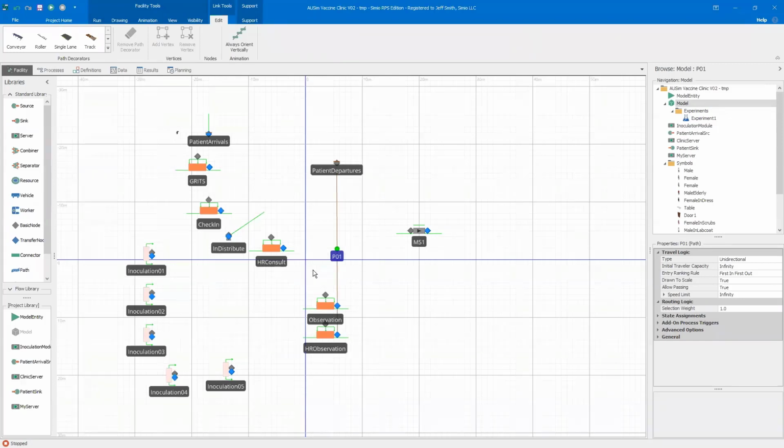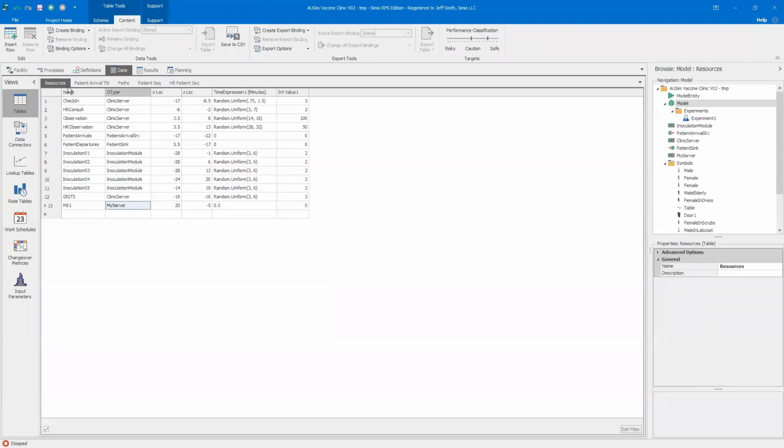And so could you also add table columns for things like to make the logical or drawn to scale false and then change the length and stuff like that, if you didn't have a to scale model or whatever in your head? Well, I mean, so how you do it is, so again, go back to the resource table,